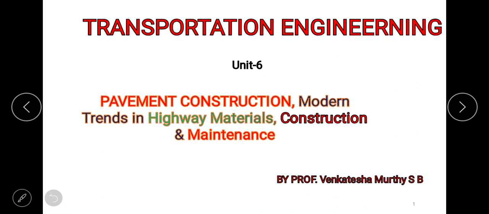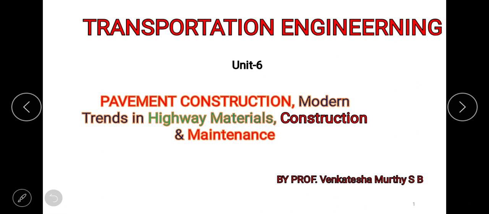Today we will start with Unit 6, that is Pavement Construction, Modern Trends in Highway Materials, Construction and Maintenance.